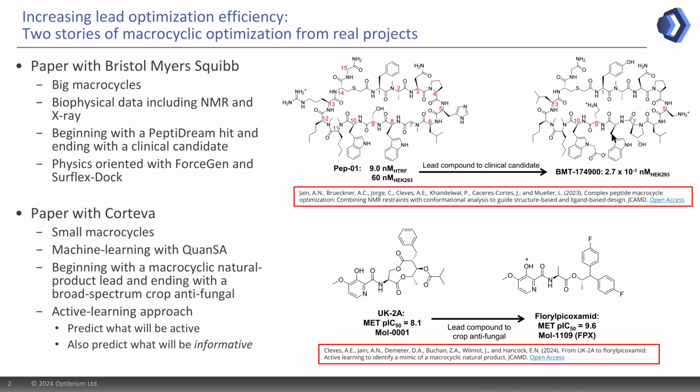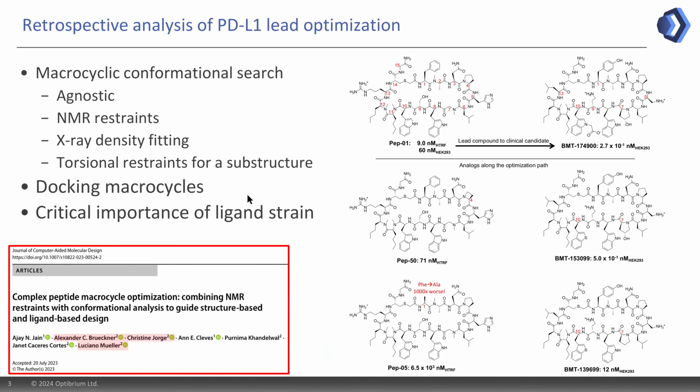So I'll be telling this story, and all the papers that we're going to reference during the webinar are open access, and there's quite a lot of backstory behind this paper. The second story is about another case of lead optimization beginning with a macrocycle, but a small macrocycle, a natural product that was then developed into a crop antifungal. In this case, there's no structure enablement. Rather, it had to be done entirely using ligand-based methods. So without going too much more into the overview here, I'm going to jump right in and talk about the